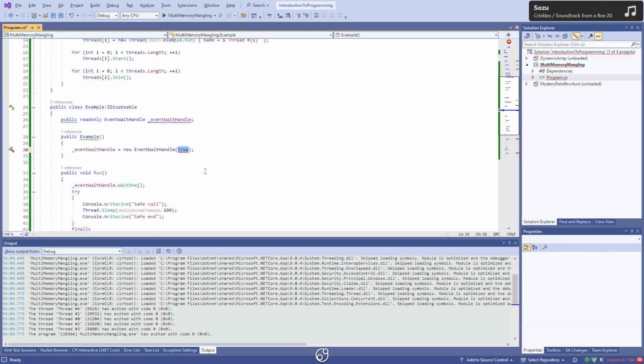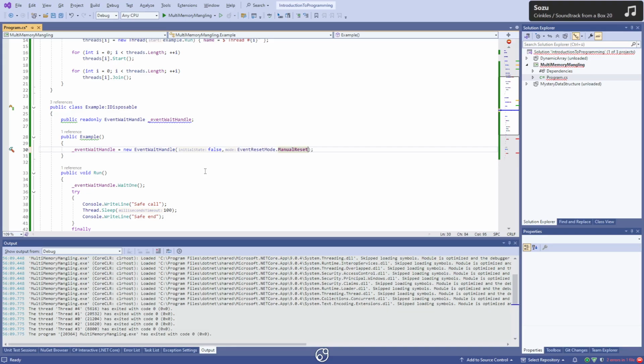This first Boolean we enter here, that is the flag. Do we start with the flag set to true, or do we start with the flag set to false? Do we allow threads to run initially, or do we want them to all wait initially? We want them to wait for now. The second argument is the selection of the mode we want to use. It can be either